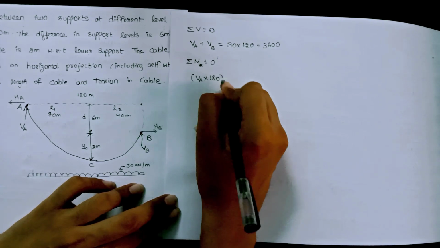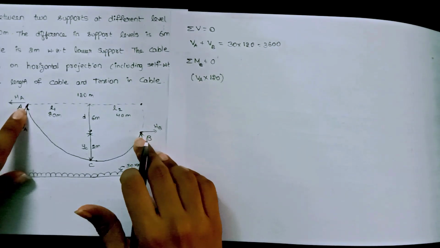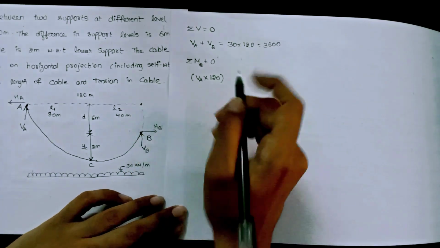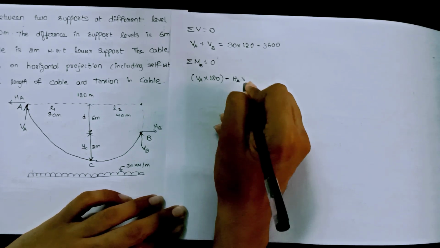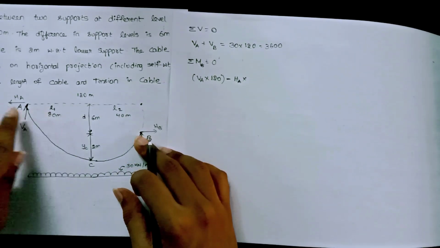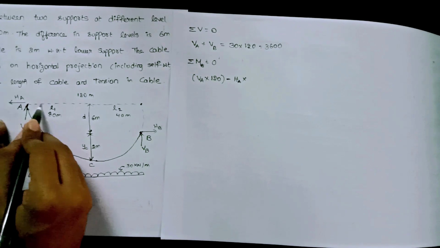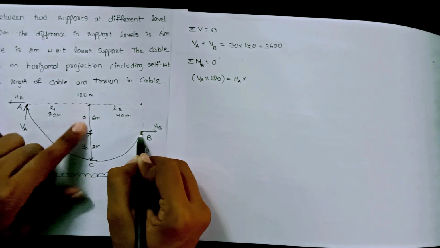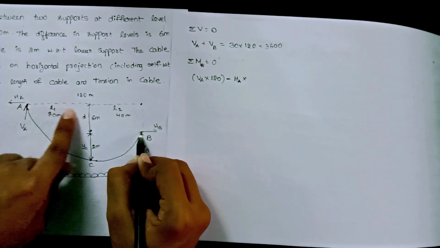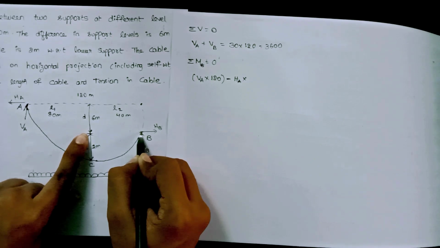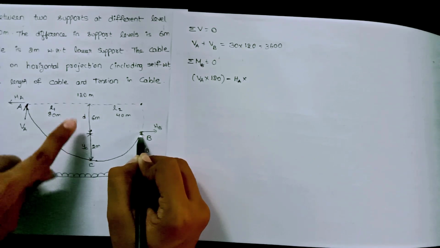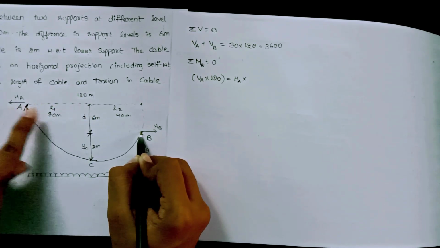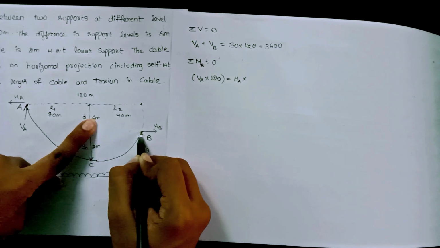Okay, so 120. Now HA, there is also a reaction HA. This HA is moving the arch in downward direction, so hogging moment, negative. So HA into, the perpendicular distance is, this is the line of action of horizontal reaction. If this is the point B, this is the perpendicular distance between the HA reaction and the support B. Not 6 plus 2, okay, the perpendicular distance is 6 meters. This is the line of action of horizontal reaction. From that we have to take perpendicular distance 6 meters.